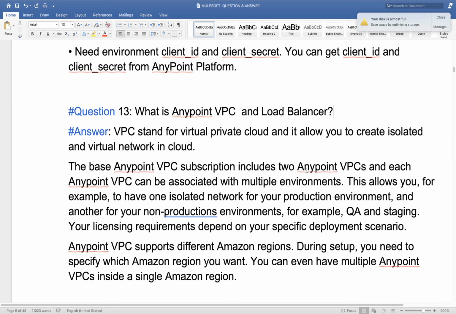For example, your URL is abc.com, but you don't want to reveal that abc.com to the external client. You want your company name, for example alpha.com. Your company is alpha, so you want to give alpha.com to them. So what you will do is map that alpha.com with abc.com. Whenever a request comes from an external system, it will come through alpha. They will call alpha.com, but once it comes to the load balancer, it will map and change that URL to abc.com.